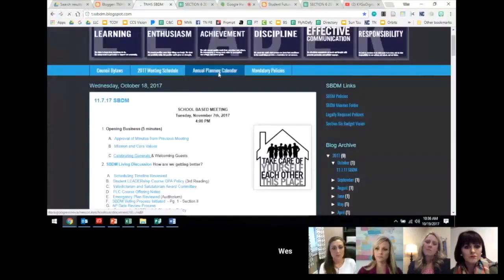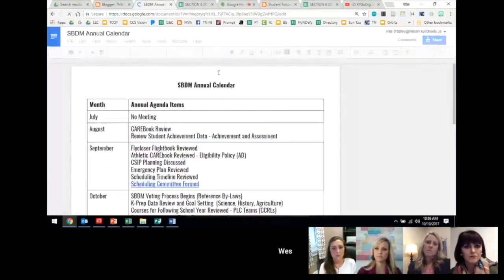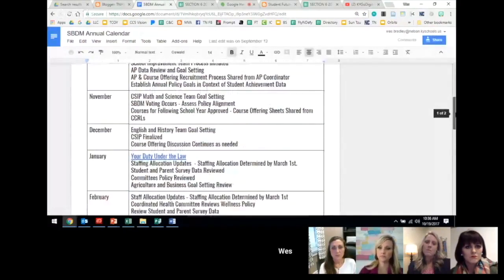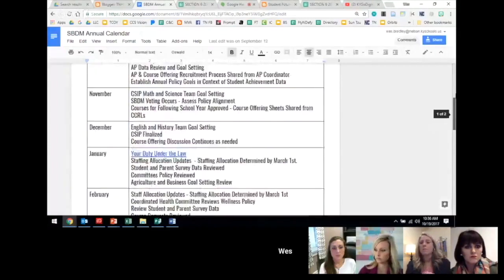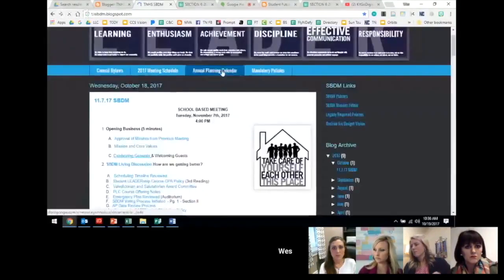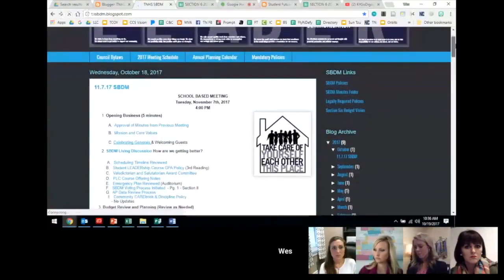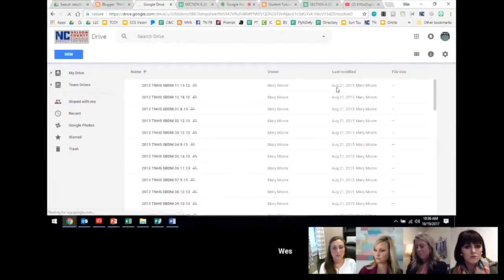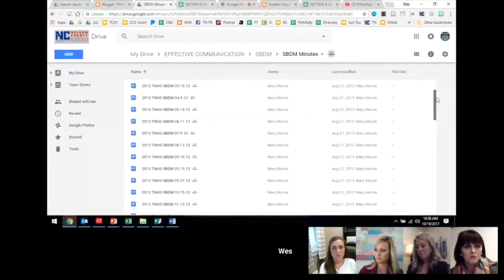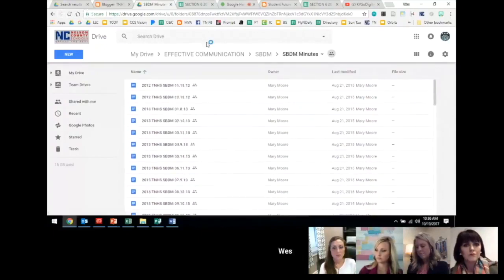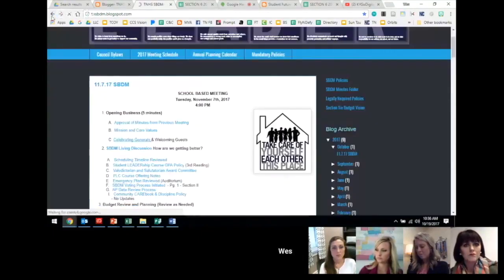You'll see our annual planning calendar, which is living and has an updated infrastructure around Google, using a Google Doc that tells each month what we target as a site-based team. It has those mandatory policies. It also has a minutes folder so that if anybody wants the minutes of Thomas Nelson High School SPDM, then here they are. They go back 5 years. And they're all protected Google Docs that anyone has access to view.